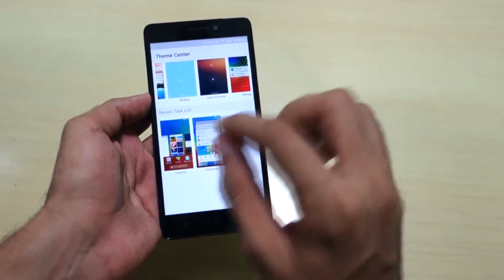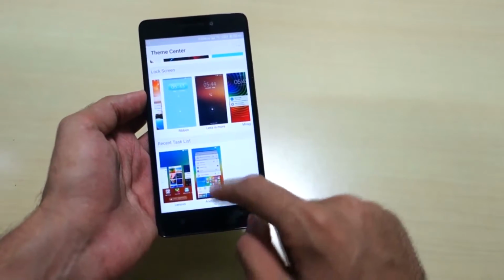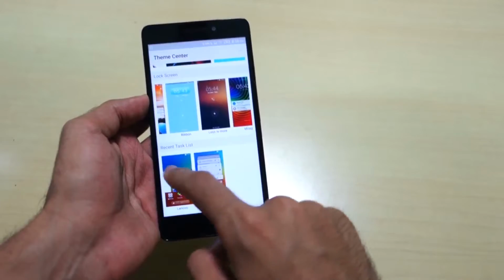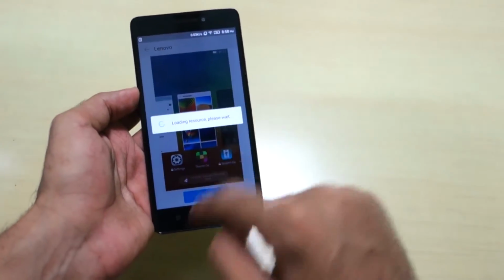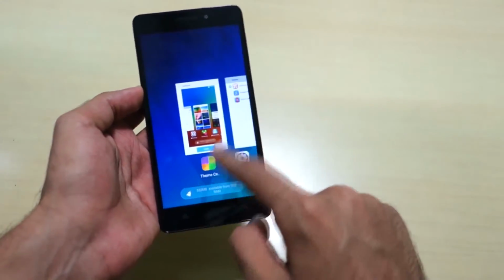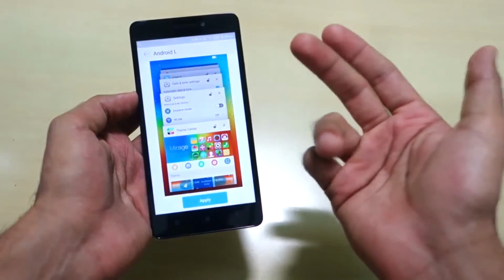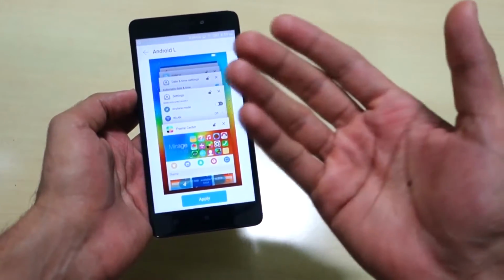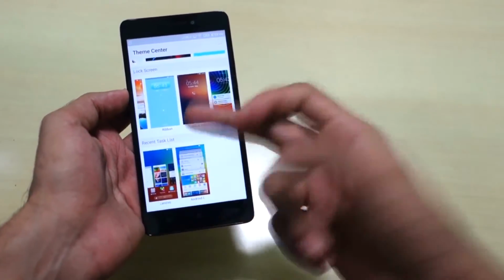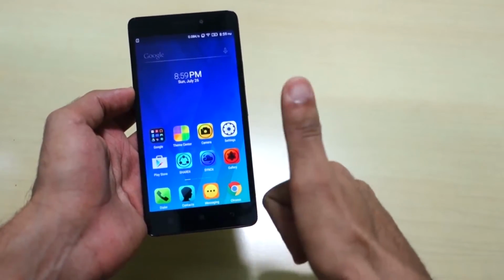One of the impressive things about the software features is that you can even change the recent task list. This is the current task list, which is like the normal Android L task list. But if you want Lenovo's stock task list, which looks something like this, you can have this too by simply pressing over here. Surely this is a very nice feature to have. For a few people the normal one might be a little annoying, or they might not like this type of recent task list. Then you can simply apply this and you are good to go. That's surely a very good thing, and thumbs up for that.